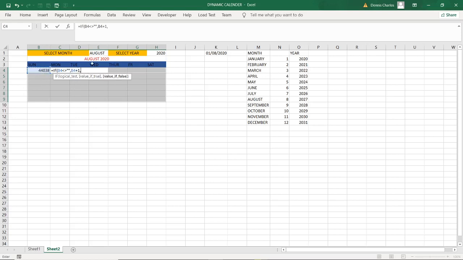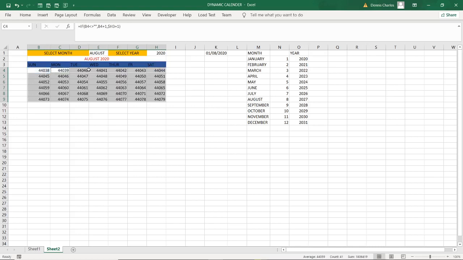Otherwise we shall be having this one with a specific, that is a dollar sign, then plus 1. You close the bracket. I was supposed to press Control before, so that you populate the whole of it, Control and then Enter, that means you populate the whole of it.